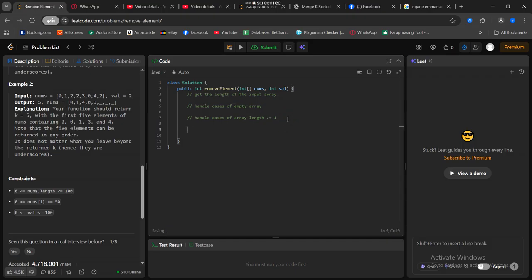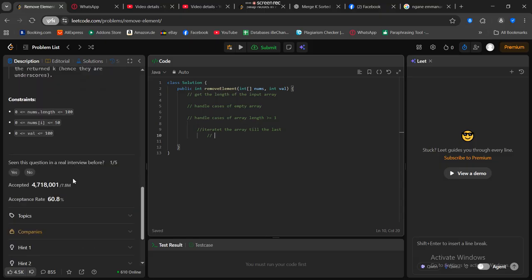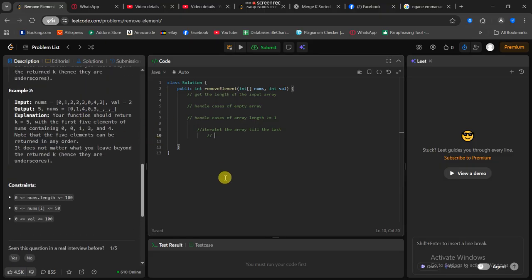And we are going to do this by iterating. So to handle this, we are going to iterate the array till the last. And each time we iterate the array to the last, what we want to do is check if the number